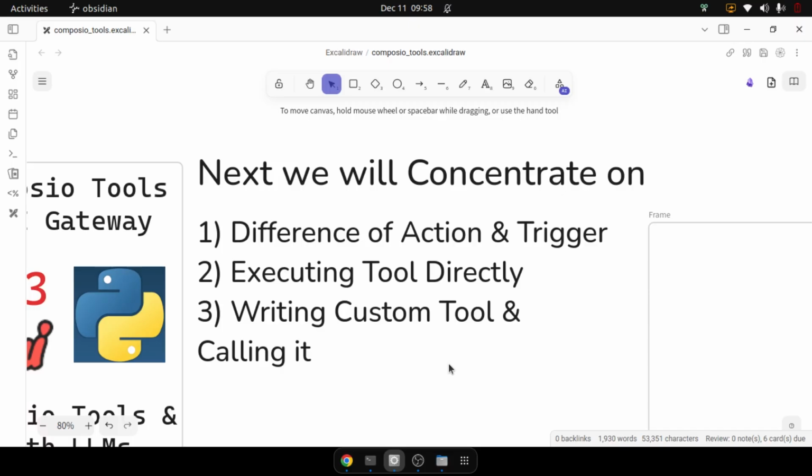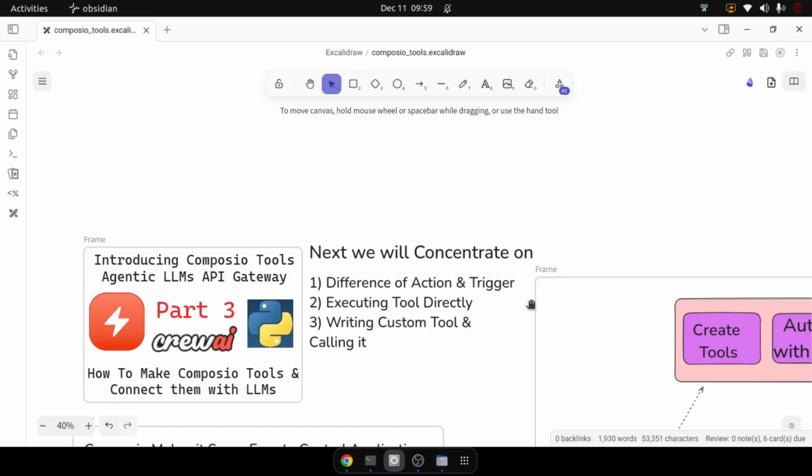We will concentrate on the difference between an action and a trigger. We will explain it. We will be executing a tool directly, and then we will be writing custom tools and calling them. This is what we will be looking at in this discussion. Just to